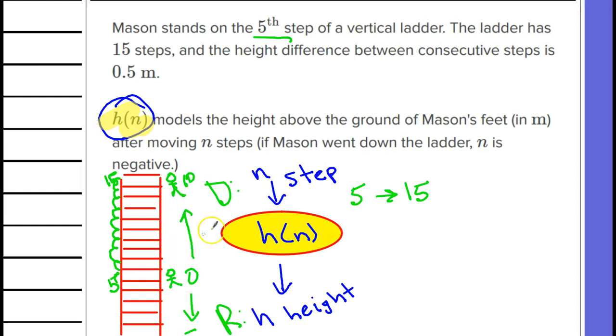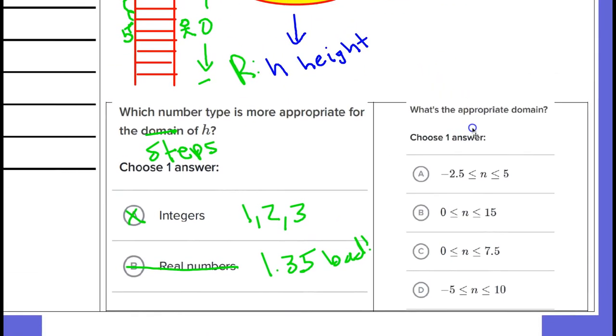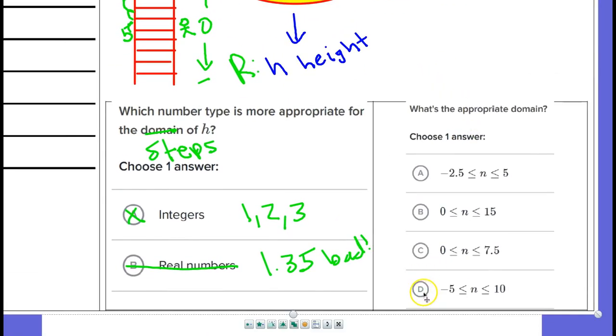All right, so that means my domain is going to be this guy here. So he can either go 5 steps down the ladder or he can go 10 steps up the ladder, and that is going to be the